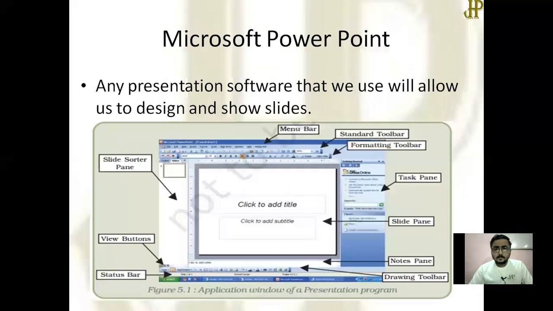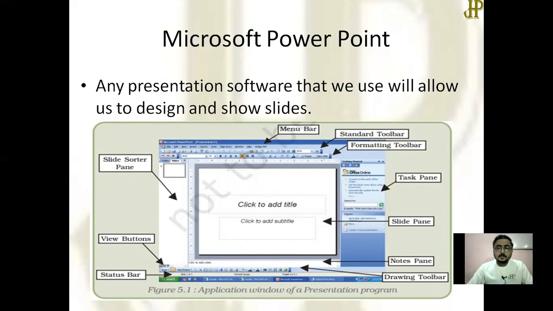Whenever you open your PowerPoint presentation, it looks like the diagram here. There are various portions such as a menu bar, as you have already seen in MS Word and MS Excel, standard toolbar, and formatting toolbar. These are the same as in other MS Office applications.